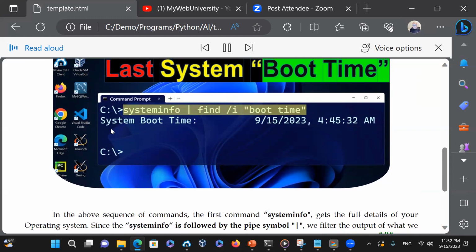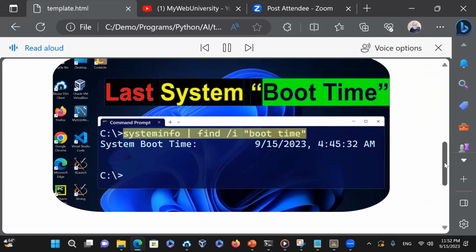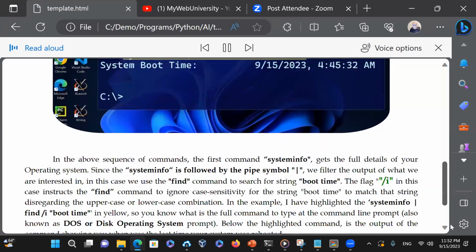In the example, I have highlighted the Systeminfo find by boot time in yellow so you know what is the full command to type at the command line prompt, also known as DOS or Disk Operating System prompt. Below the highlighted command is the output of the command showing you when was the last time your system was rebooted. Thanks for watching our YouTube channel